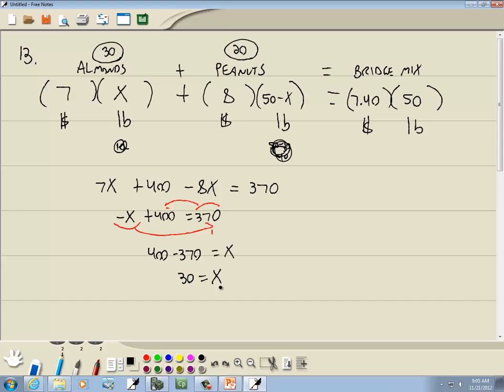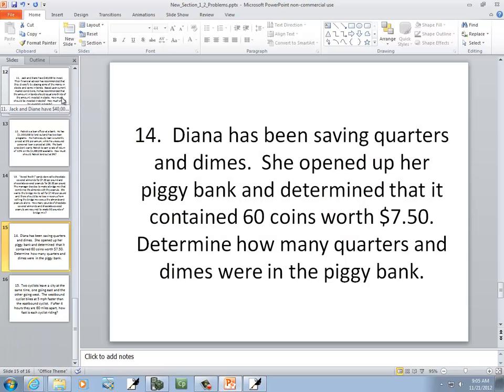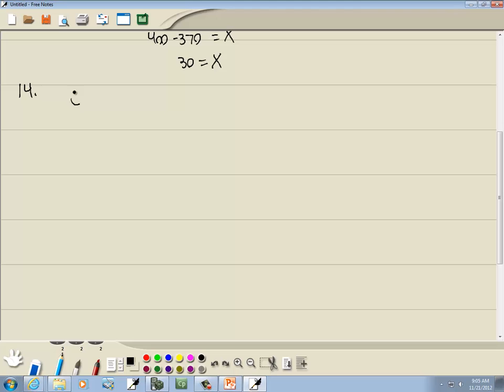Let's take a look at this one. It says Diana has been saving quarters and dimes. She opened up her piggy bank and determined it contained 60 coins worth $7.50. Determine how many quarters and dimes were in the piggy bank. So we've got quarters